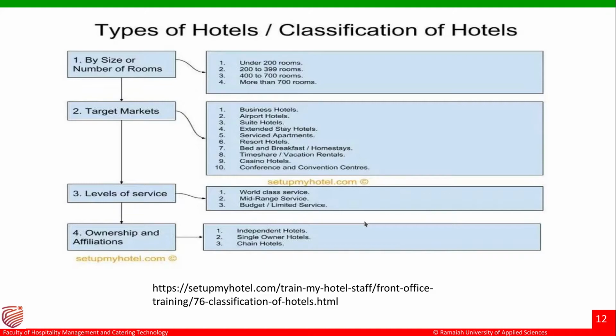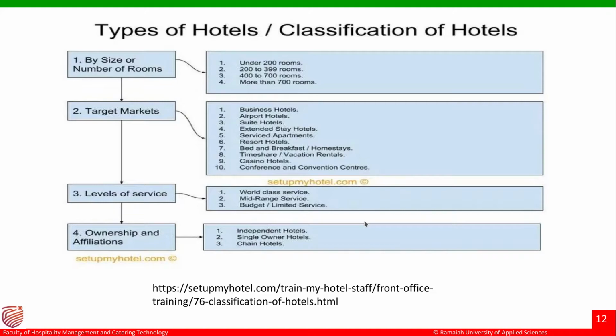Third is suite hotels. Suite hotels are presidential category of hotel, where they have the elite category of customers who require an extravagant style of stay and looking for maximum facilities. And here also the stay would be for more than a week, or it could be for 3 to 4 days in that category of hotel.